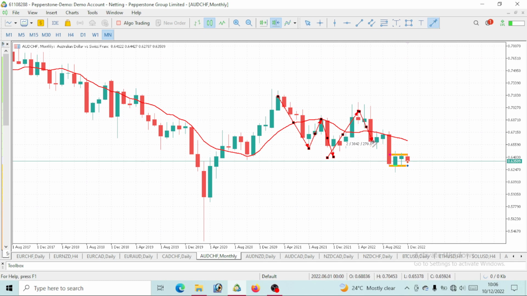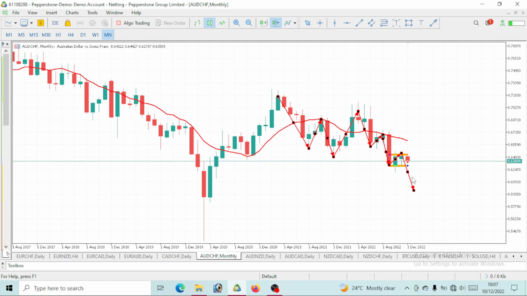When price gave us a pullback, instead of continuing to go bullish, which would tell us this is a bullish move, price did not move in such a way. Price dropped again. That tells you this is still a bearish move, an indication that price will continue to drop on AUD Swiss franc. Now that we've gotten this drop, we expect a pullback to be made on AUD Swiss franc. After this pullback has been made, what next do you expect? We expect a further drop. That is on the monthly time frame, right?